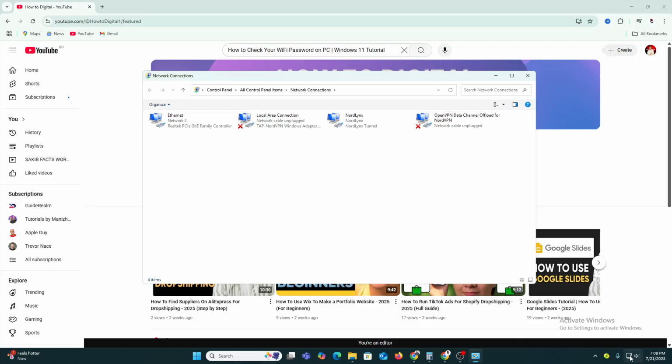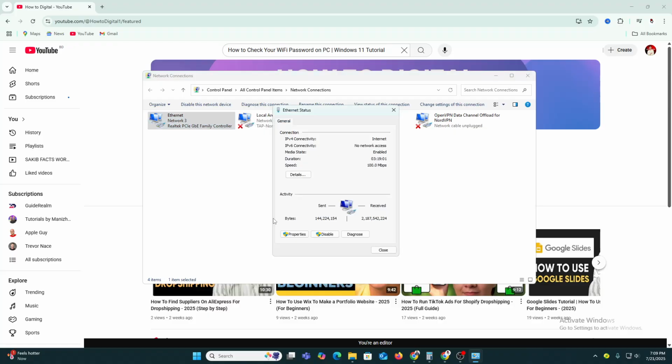And now you just need to check which internet you are using. So here you can see we are using Network 3. You just need to select this one, and then go over here to the status. Once you come to that place, you will eventually get options where you will be able to see Wireless